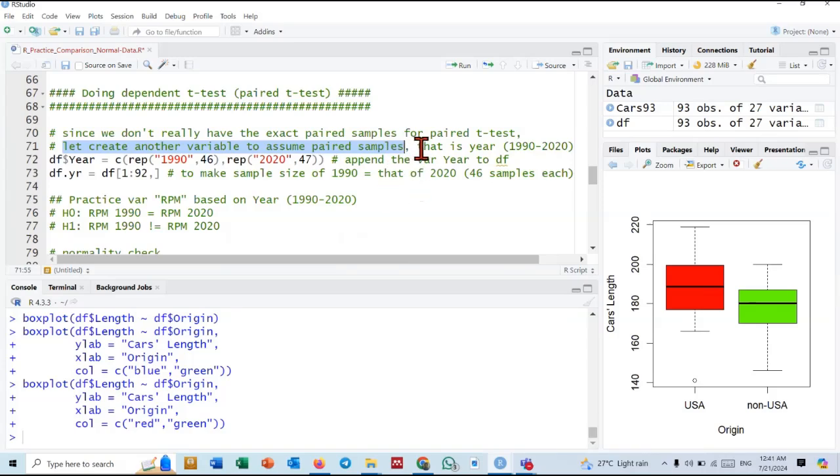And that variable, let's say it is year. Half of the sample is designated to be recorded in the 1990s, and the other half is designated to be recorded in 2020, so that one group is in 1990 and another group is re-recorded in 2020 after 30 years. All right, so I append a new variable named year to the existing df by doing a concatenation of